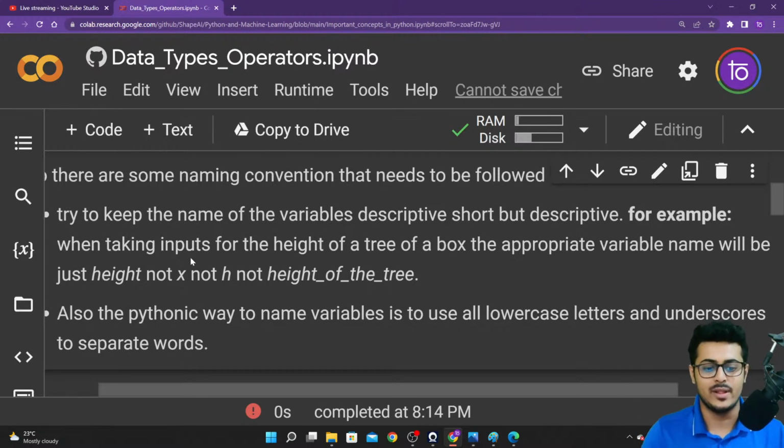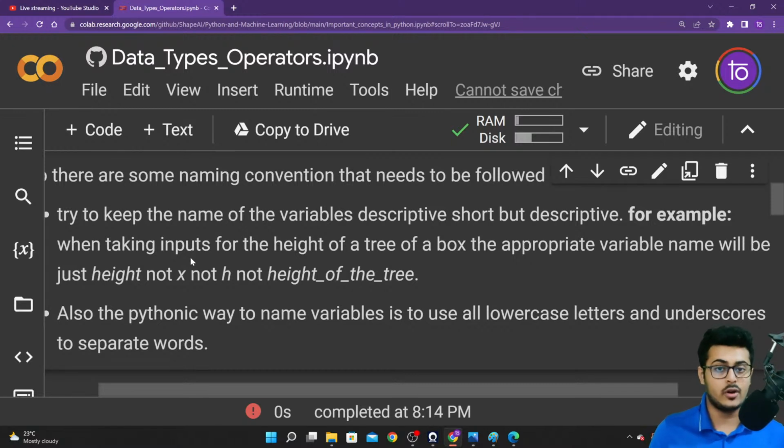So right over here, as you're able to see, some of the conventions there are while naming a variable inside of Python. Try to keep the name of the variable descriptive but short. For example, if you're taking the height of a particular tree and you need to create a variable name for that, do not keep the variable name as x or h.